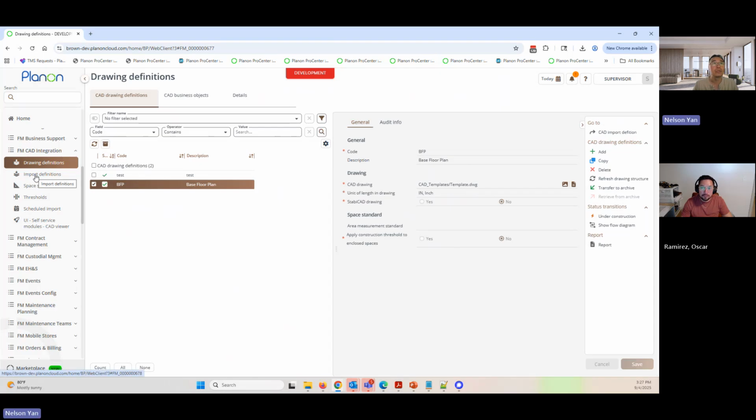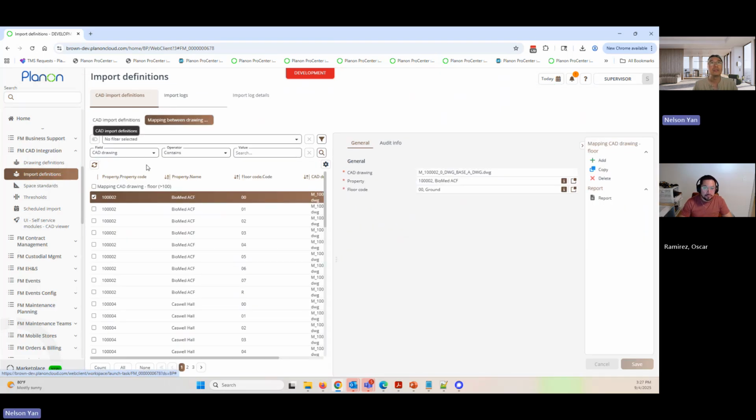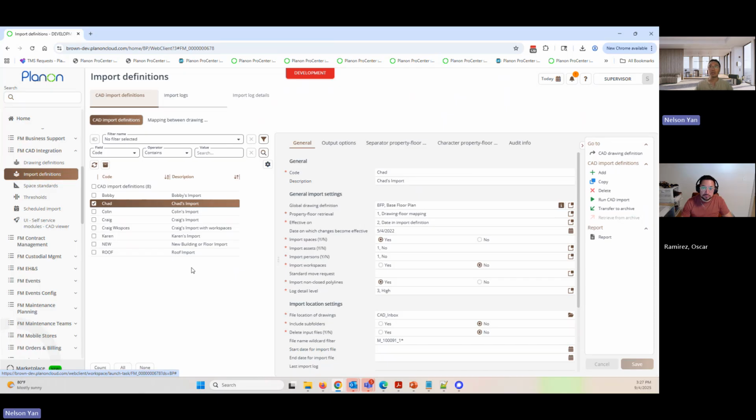Okay, so next we will go to the import definition. In the import definition, this is where we click the actual action to run the CAD import, so it actually imports the drawings within the Planon application and so forth, right? Okay. We have here listed out